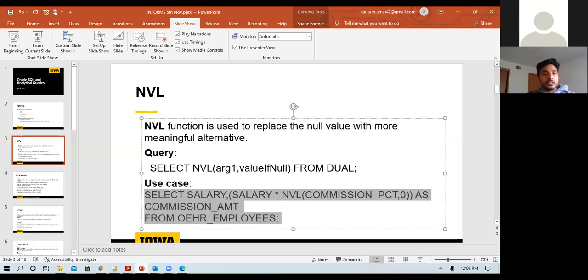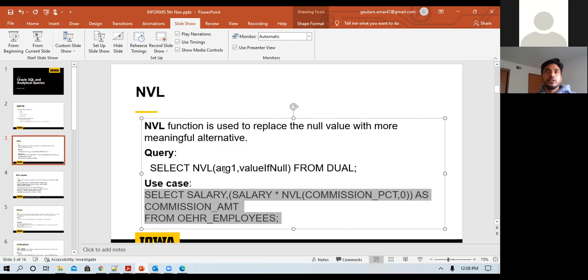So that is our NVL function, and it can be used like this. But before going to the next slide, if you have any question, like how to use it or why you need this, because NVL can be implemented using a case structure too. But with a case structure, first you have to think about all the different conditions, the different expressions, and then you have to put the else structure too.